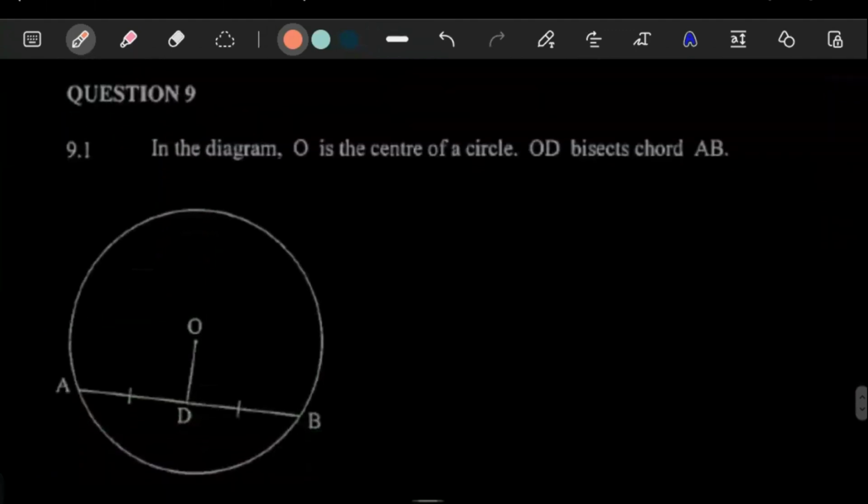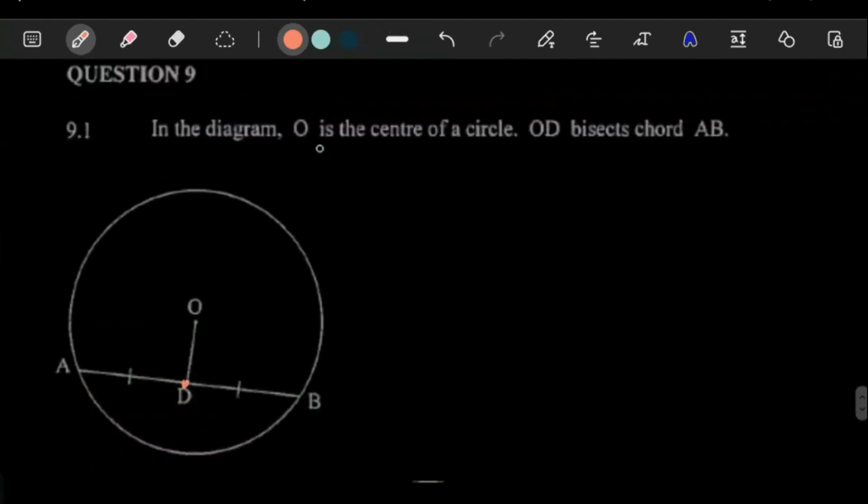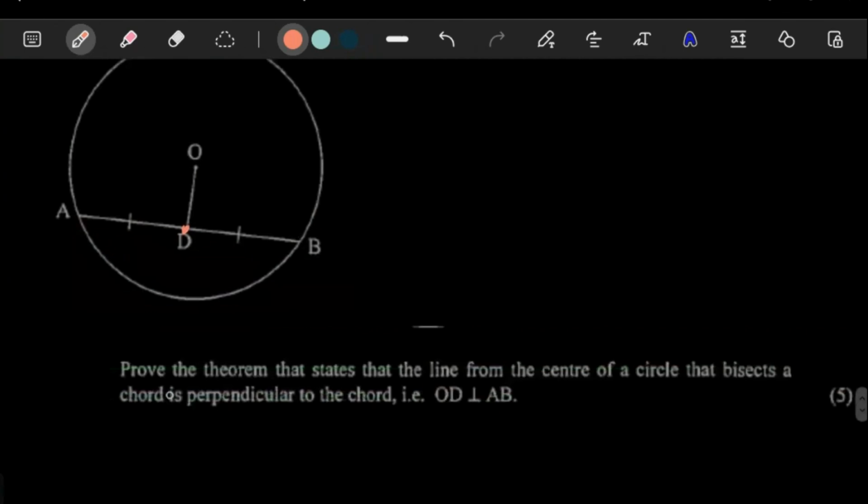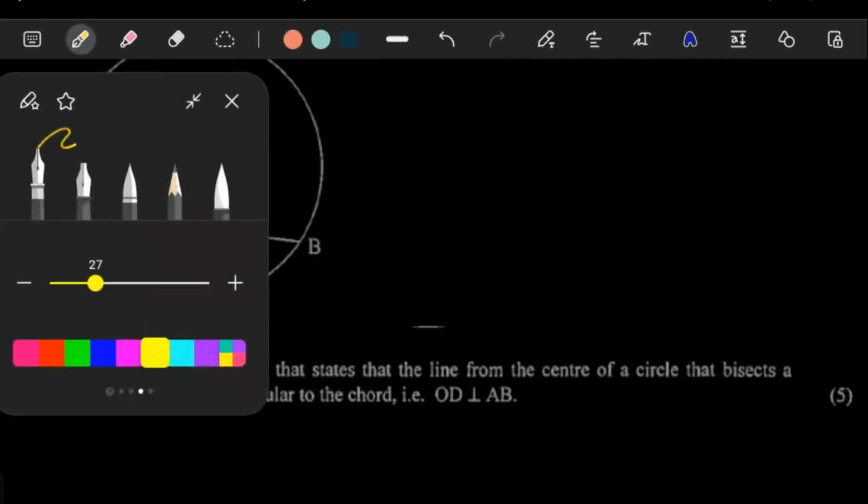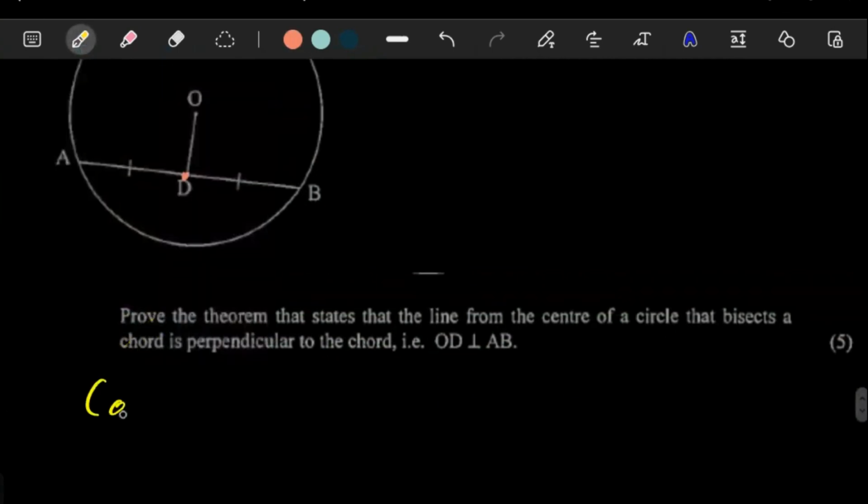9.1 says, in the diagram, O is the center of the circle. OD bisects chord AB. Yes, it's a proof question. Prove the theorem that states that the line from the center of a circle that bisects a chord is perpendicular to the chord. Okay. So this one is a straightforward proof, right? So construction, we have to construct